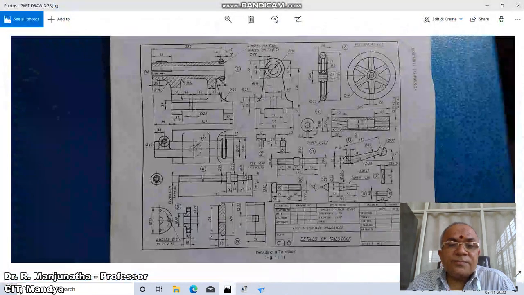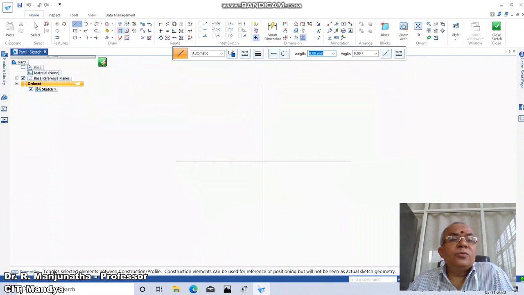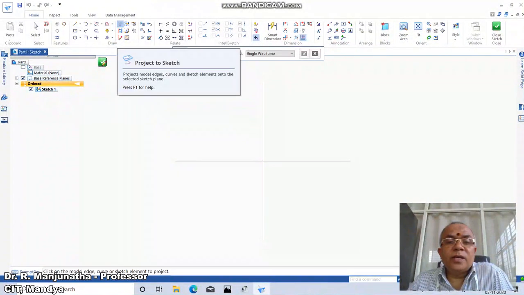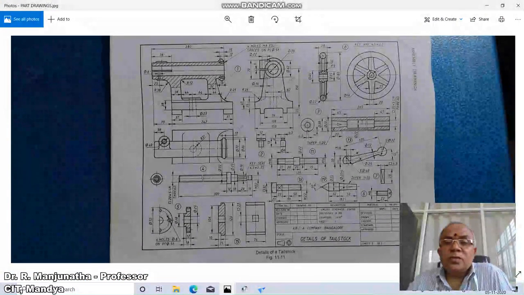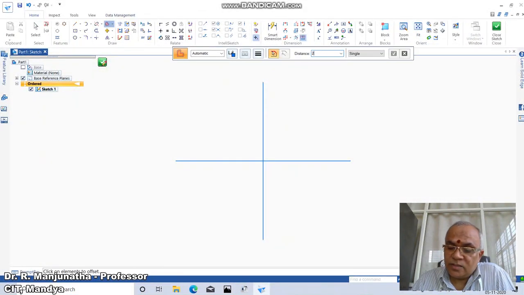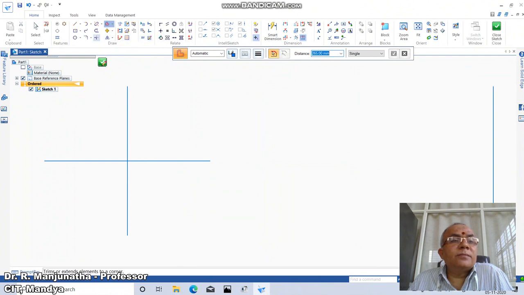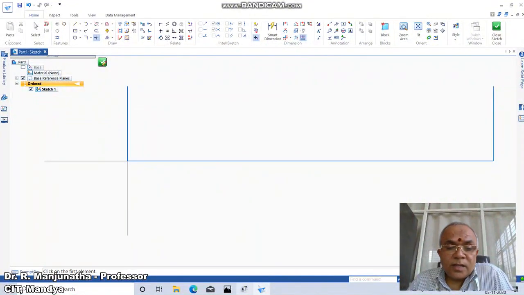Now I will consider some reference as this. So this point I will project to sketch. You will click on OK. You just click on this and click on this. Then from here I will take the length, which is 265. So go to offset, select this distance as 265. From here to here you take the 265 and then fit it. Then go to trim corner between these two and between these two. So you have the total length.